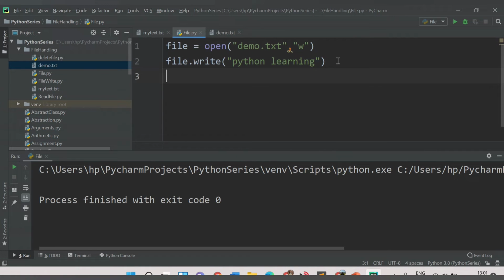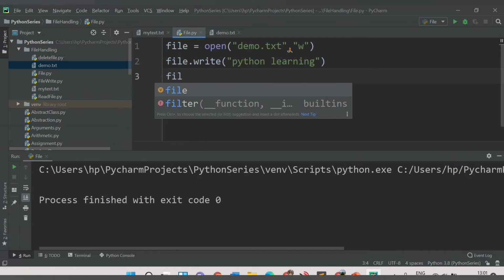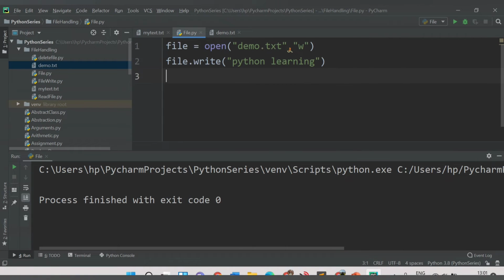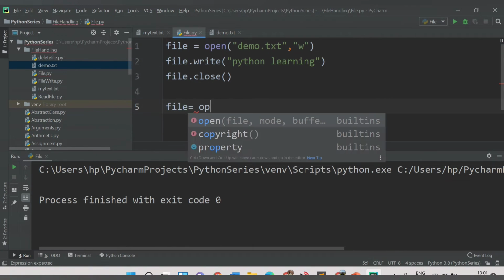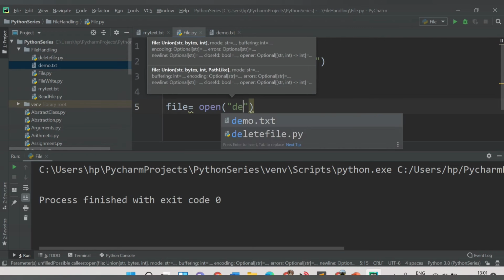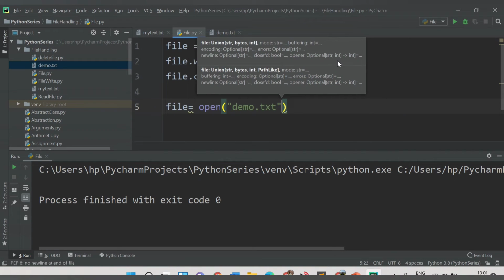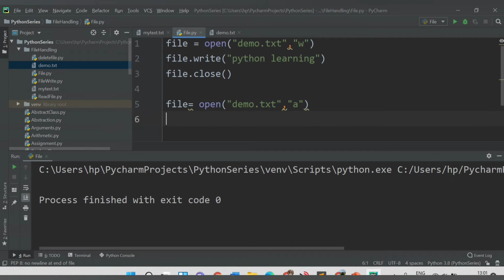So let me close the file now, or I can again say here let's close the file.close. Once we close the file, let's open the file again, file open demo.txt, and now I want to append more content here. So I will say A, and let's write here file.write, and let's say file handling tutorial,